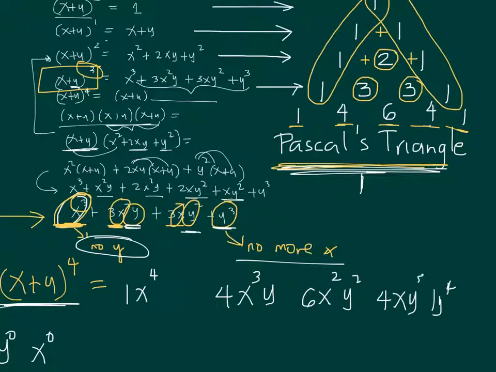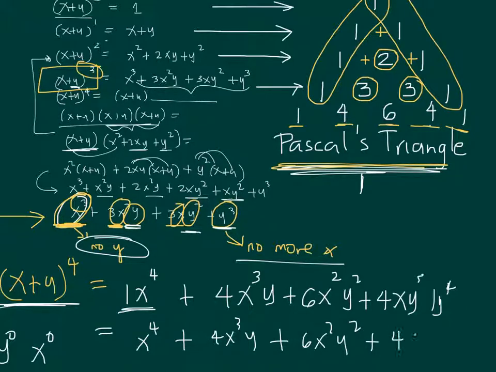So these are all positive, as you can see. So plus, plus, and then plus. Okay, so simplifying this, 1 times any value is x to the 4, and then 4x cubed y, and then 6x squared y squared, then 4x y cubed plus y to the 4th